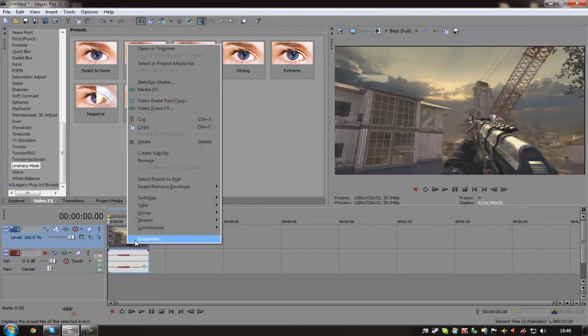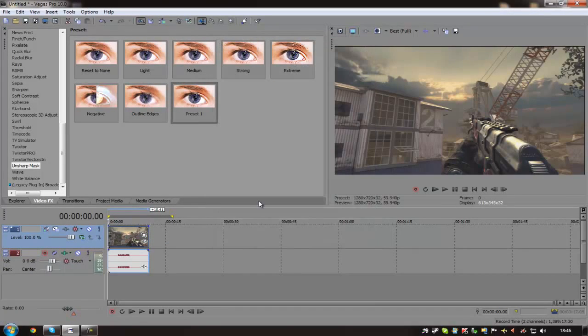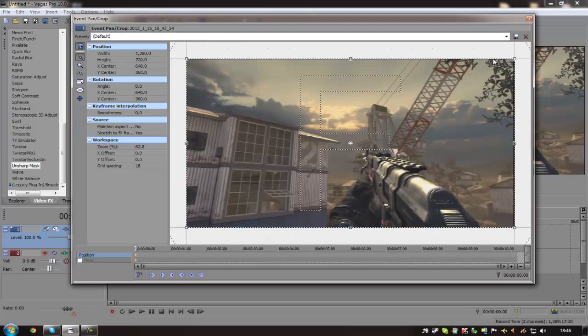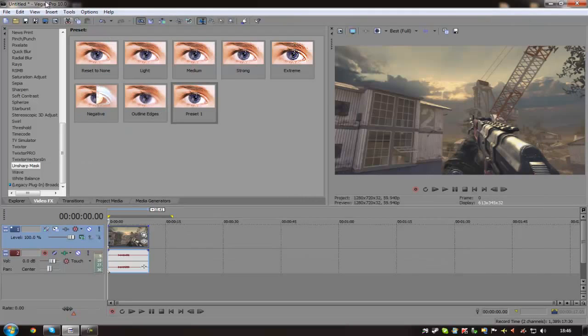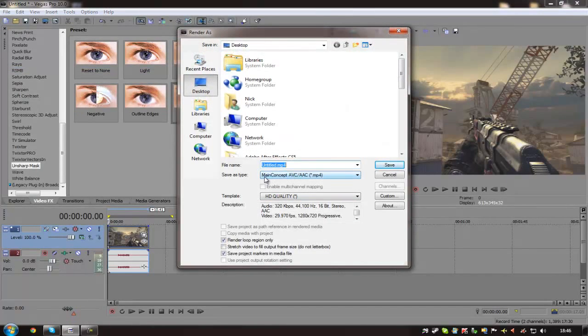Okay, and the first thing you want to do is make sure it's right click, Properties, Disable Resample, and untick Maintain Aspect Ratio. Then just pan crop and do the thing I showed you how to do in the first episode, which is bring them in a little bit. The next thing you want to do is go to File, Render As, and you want to click Main Concept